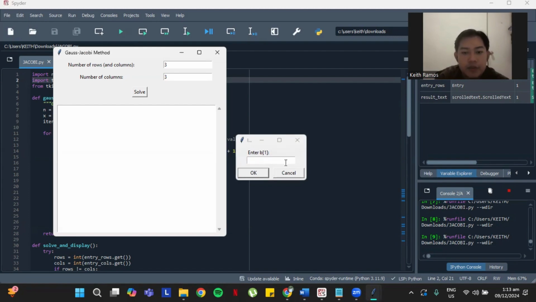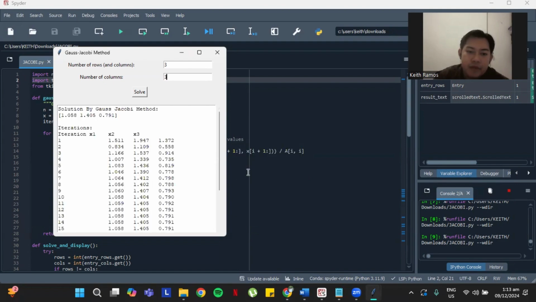Then the next one is the vector B. For the element 1, going to type 6.8. Element 2 is 7.4. Then for the last element 3, I'm going to type 5.9. And press OK. Then after that,